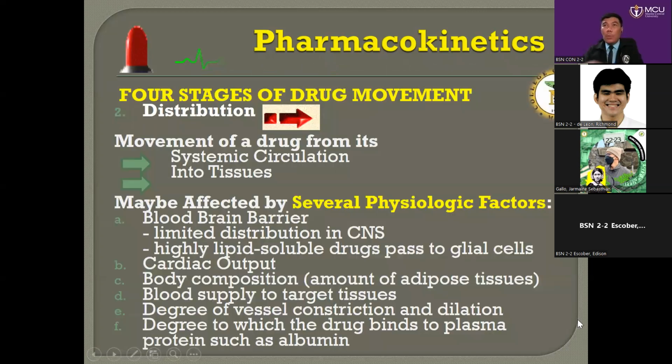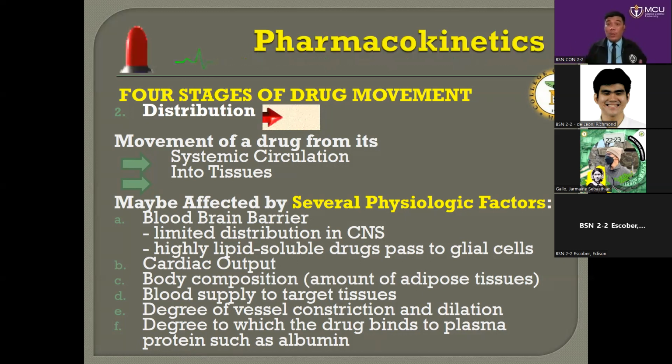And if we talk about the distribution, in the discussion of the absorption, when the drug enters through any route of administration, intramuscular, parenteral, or enteral, it proceeds across tissues, okay, then enters the plasma. Now, if the drug enters na the plasma, dyan na mag-start yung distribution until mag-proceed na siya sa tissues. That's why I have mentioned to you the different concepts of the compartments. Now, this could be affected by several physiologic factors.